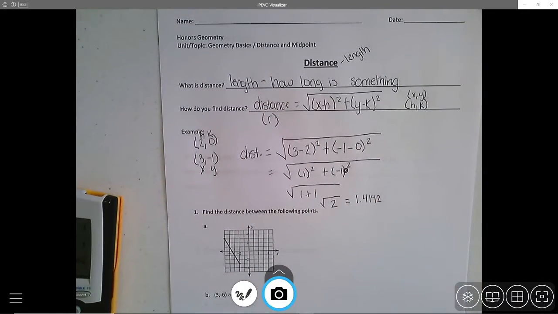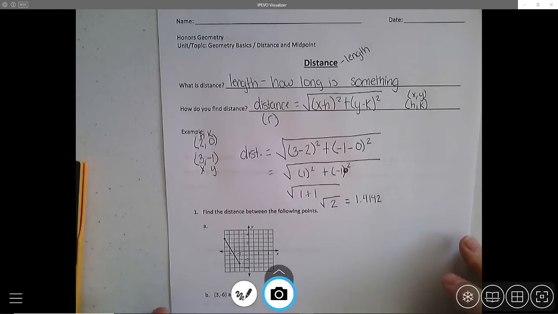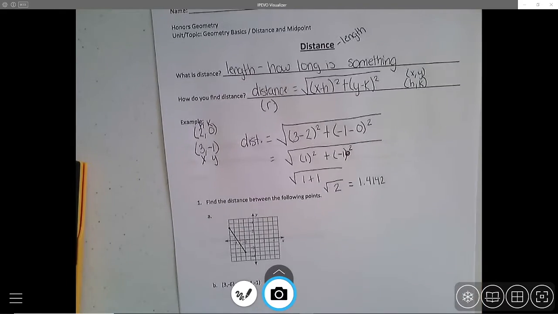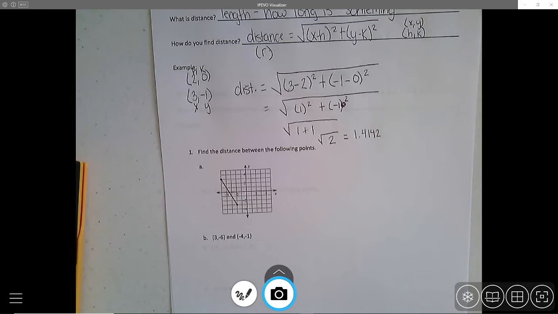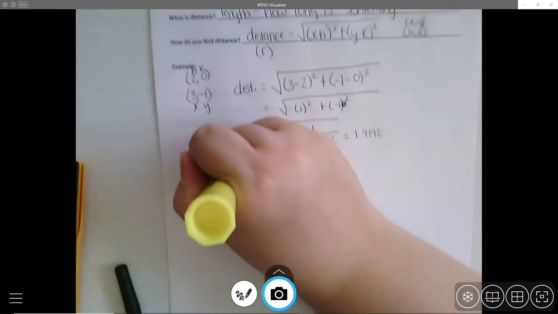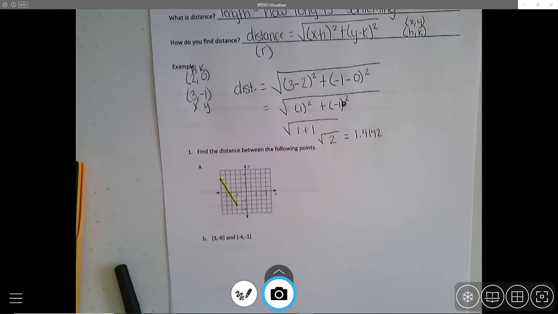So simply we need to be able to pick out the 2 points and substitute in. Getting here to the first problem, the big thing with number 1 that's different from our example is my points are on the graph. I need to be able to tell what the points are on the graph. When we're finding the distance, we're actually finding the length of the line that connects those